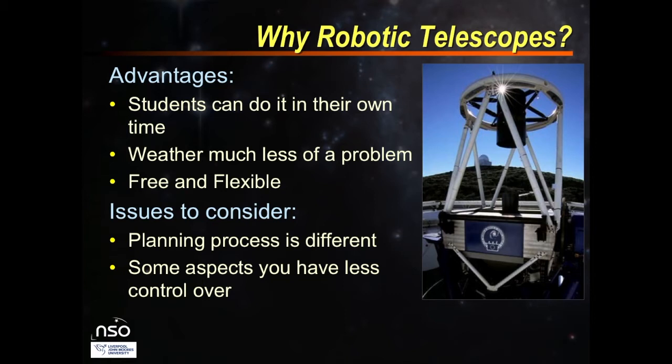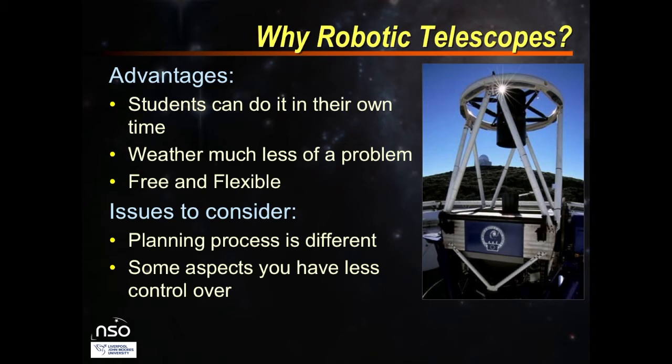This particular telescope is in the Canary Islands, more than 2,000 metres up a mountain. But it's also because if there is a little bit of bad weather, the telescope will do your observation a little bit later. So it's very flexible. And the other advantage of the schools observatory is that it's free, so you don't have to pay for any of this stuff. You and your students can just come along and use it. So there are lots of advantages to using robotic telescopes.